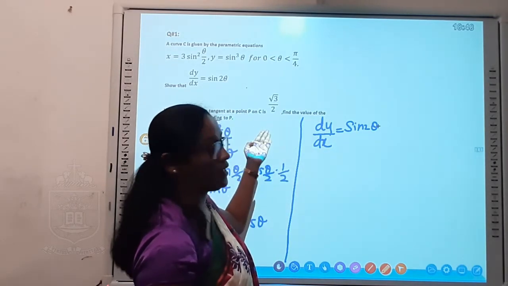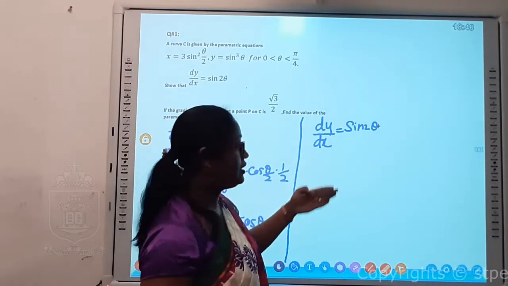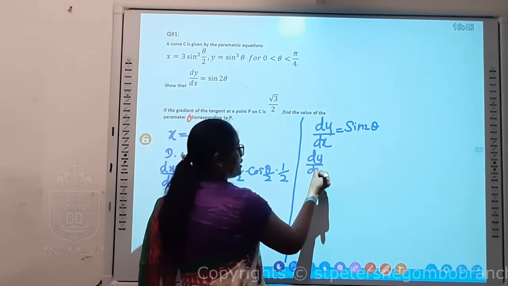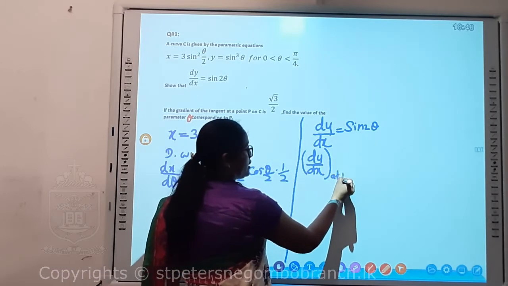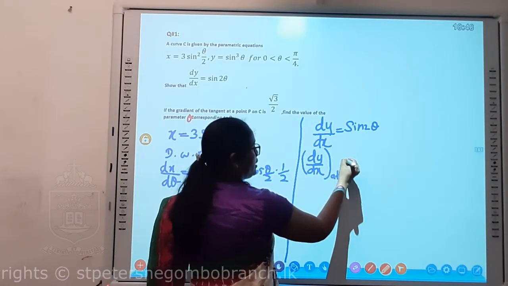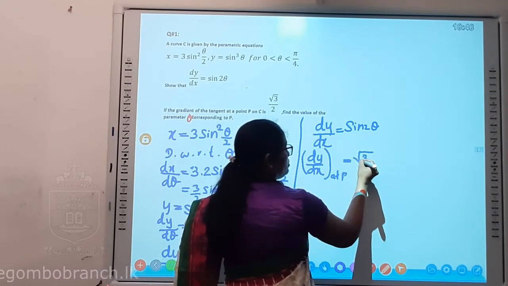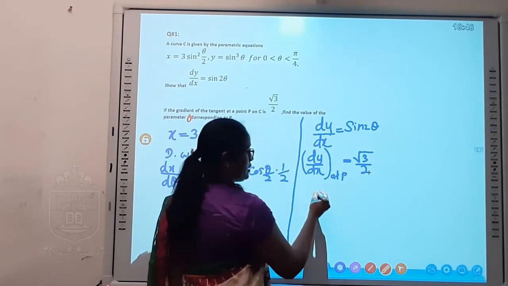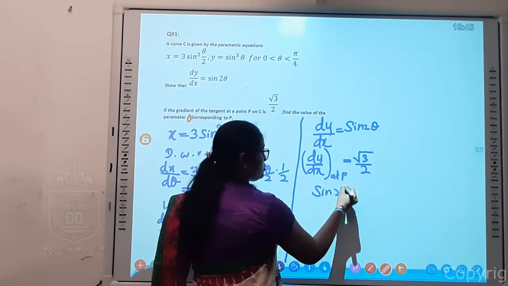So the gradient at a point is given, and we want to find the respective theta. This is the gradient at P, and it is given as root 3 over 2. So we are going to find the respective theta for this. Therefore, I write: sine 2 theta should be equal to